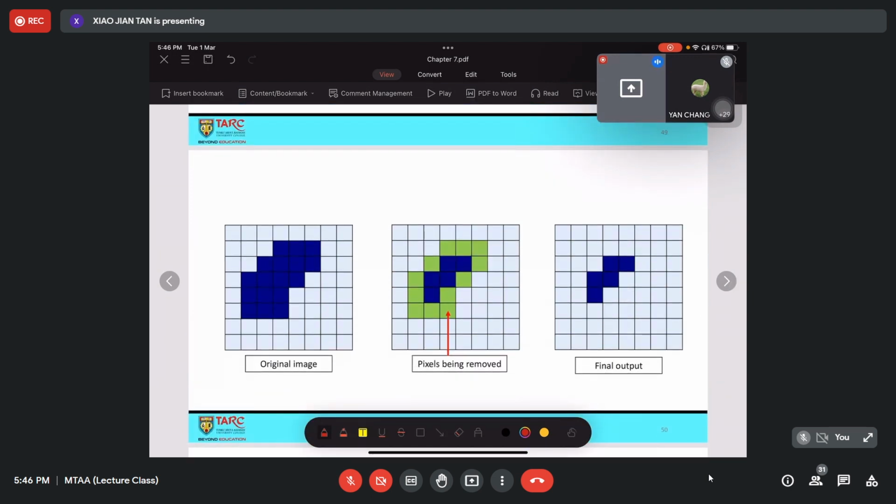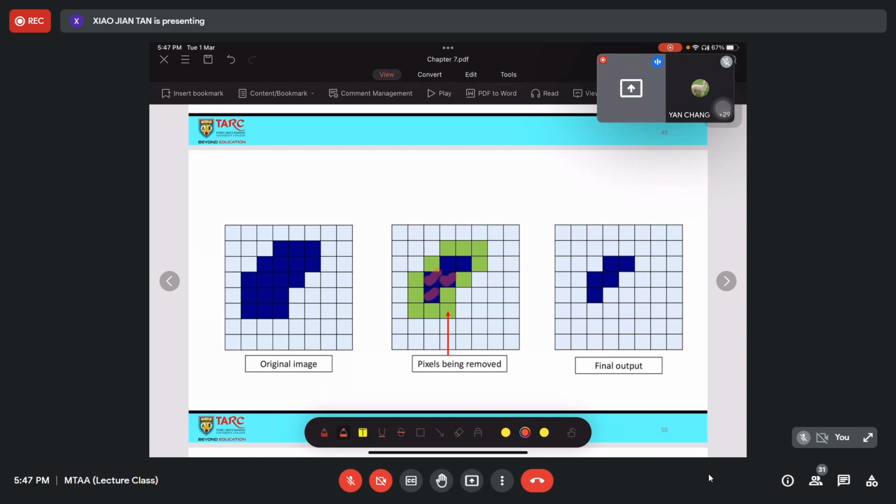Actually, you can compare back. This one we have a full match, so that is why we retain this pixel, the blue color, and for this one we have a full match, so we retain this one, and the same applies to this one.